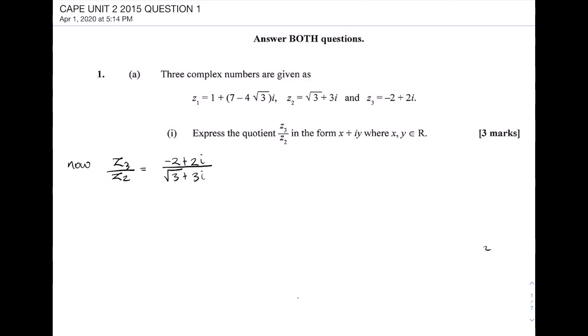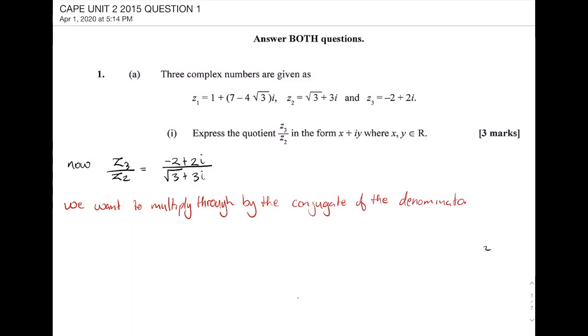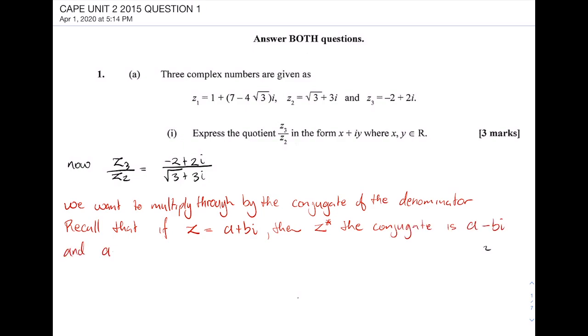3 plus 3i. And we want to multiply throughout by the conjugate of the denominator. Whenever we have a ratio of two complex numbers, we want to multiply throughout by the conjugate of the denominator. Recall that if z is equal to a plus bi, then z star, the conjugate, is a minus bi. So when we multiply a minus bi times a plus bi, we end up with a squared